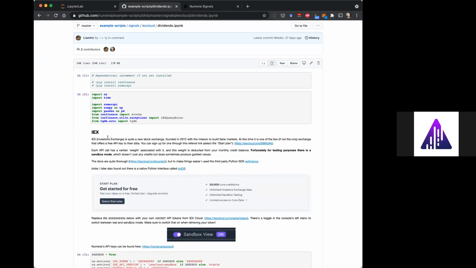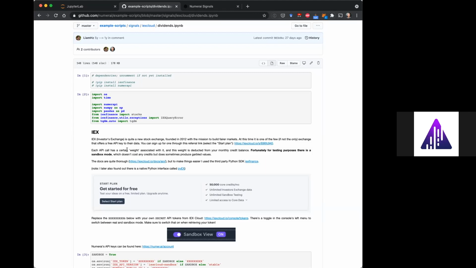And so I found IEX. Both Yahoo and Google Finance, apparently, are not really supported anymore. And this is free. At the same time, it's also paid, so there's good support. And there's a sandbox option. I was actually able to, this whole script uses only the data that comes from the sandbox. So there's no counting or any limit there.